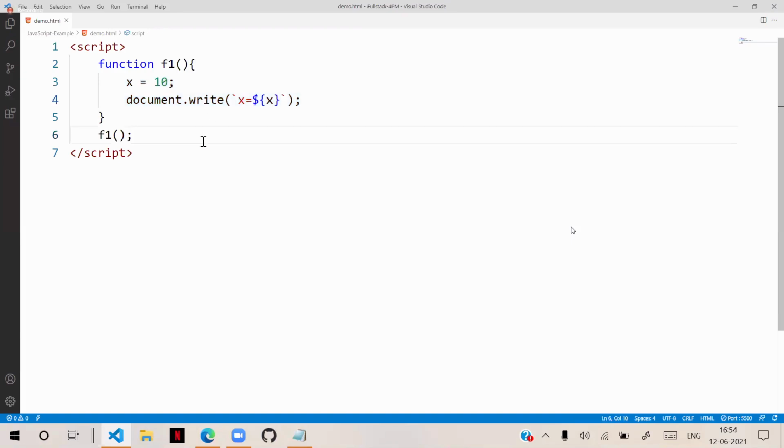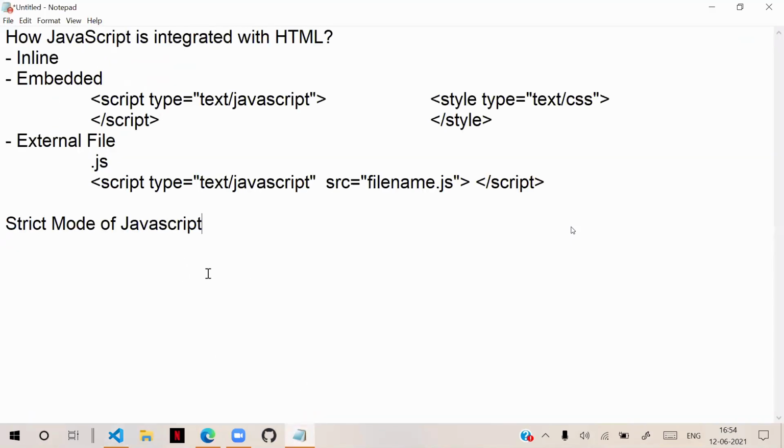So then what we do is we ask our JavaScript people to turn on strict mode. How to turn on strict mode?